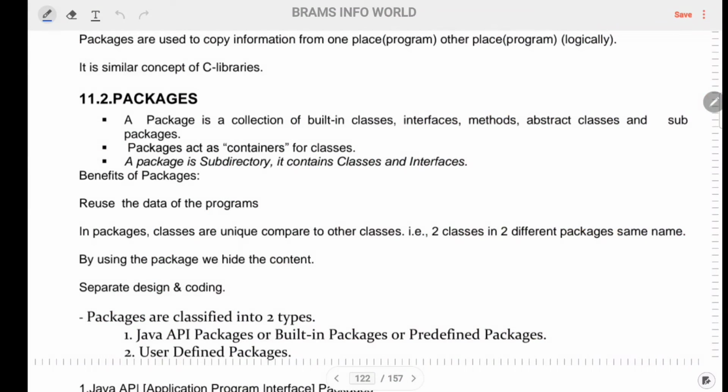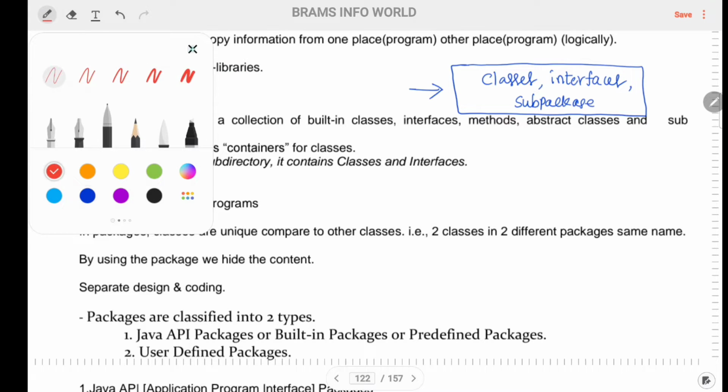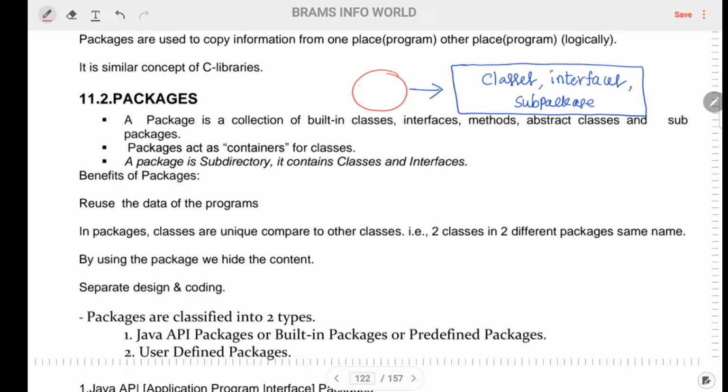Let us understand what a Java package is. A Java package is nothing but a group of classes and interfaces and sub packages. As I discussed, this information we maintain in one kind of folder, and that folder we can call a package.